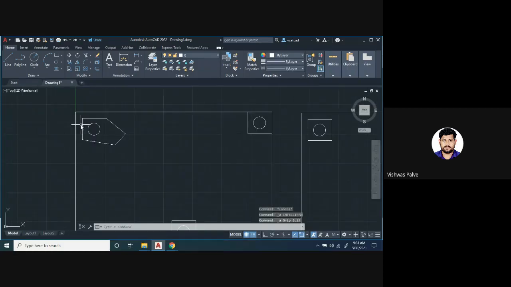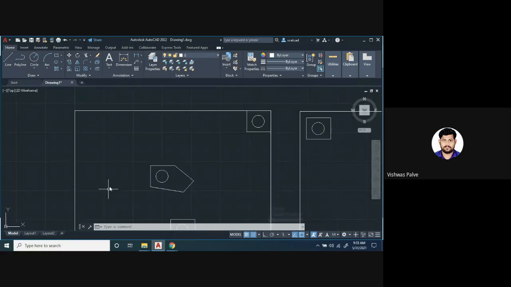See, I want to move this object to the center without using the move command. So select the object. After that, move to any one point, it will turn red. Then left click on the mouse, and then you can press the space bar. When you press the space bar, what happens? Observe the command line. It says move the object. You can move it to any other location. So this is the shortcut for moving the object. No need to continuously select this or type the move command.